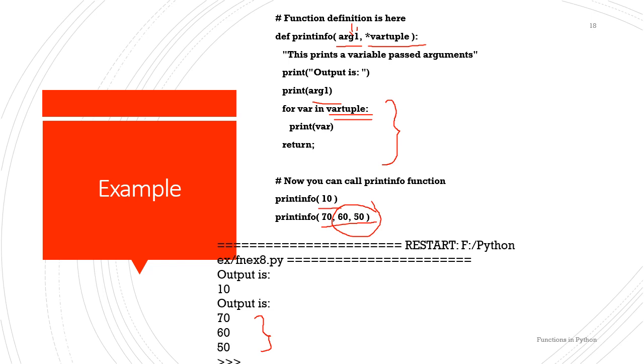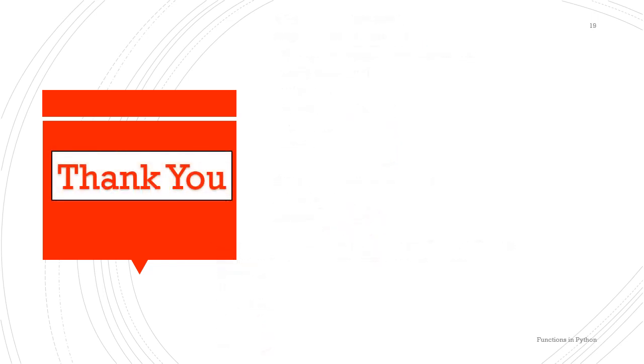So we have covered the 4 categories of arguments in the case of a Python function. Which are they? They are default arguments, positional arguments, keyword arguments and variable length arguments. In this lecture series we have just introduced functions in Python, how to define functions in Python, how to call a function in Python and various categories of argument passing mechanisms in Python. So thank you for now. We'll see more examples in coming lectures.